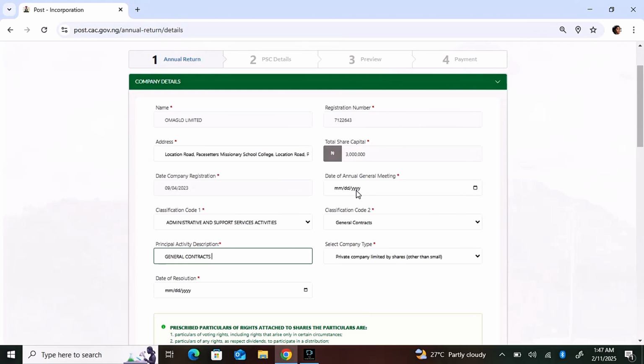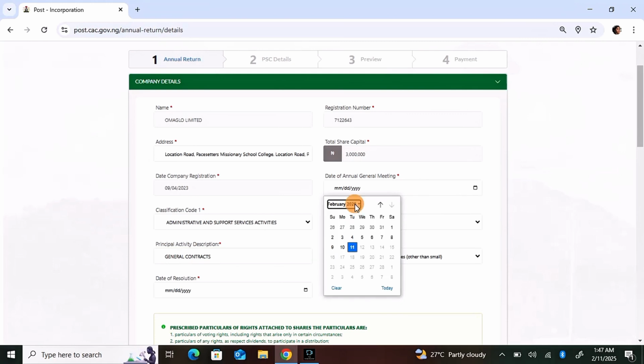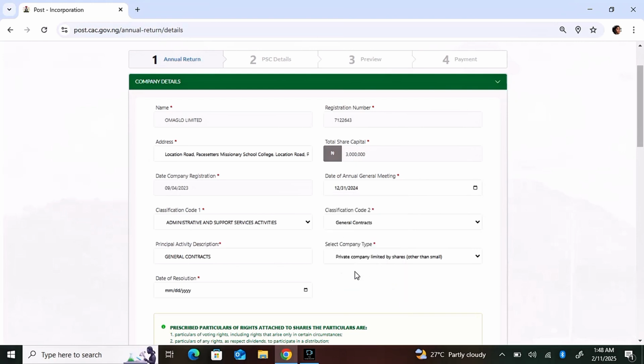This year right here would be 2024, and it should be December, not January, because the date of every filing for a company should end at the last month of that year, which is December, and of course it should be the 31st, not the 1st of December. It should be 31. Okay, so you click on that, and then when you get to the date of resolution,